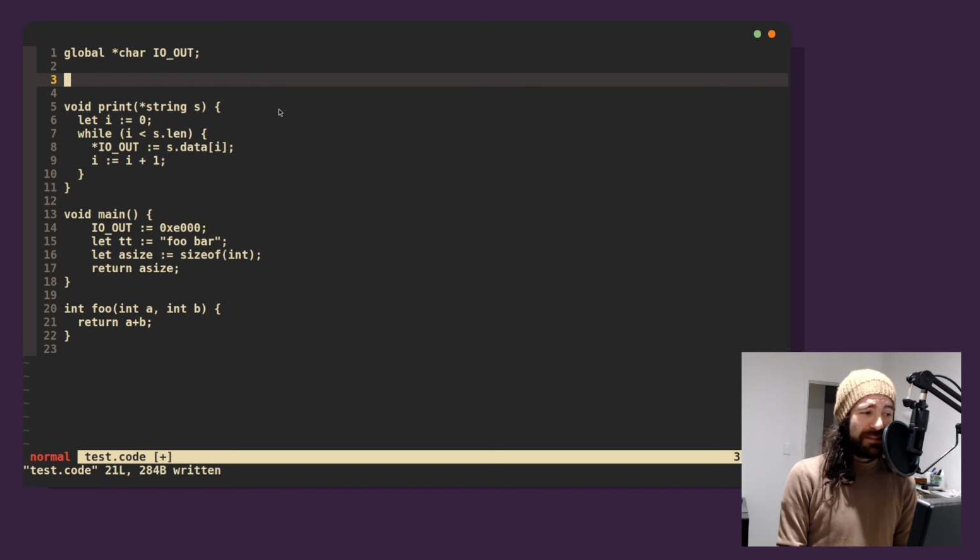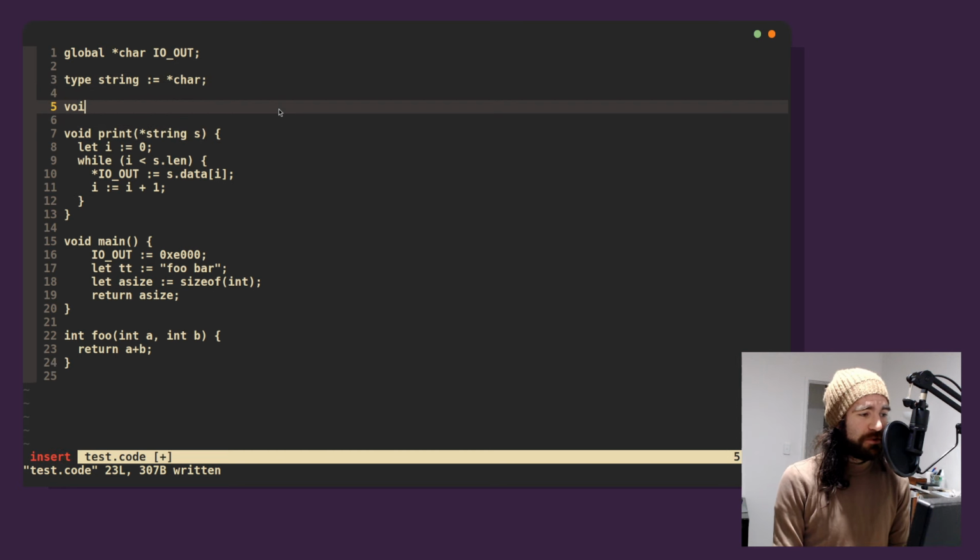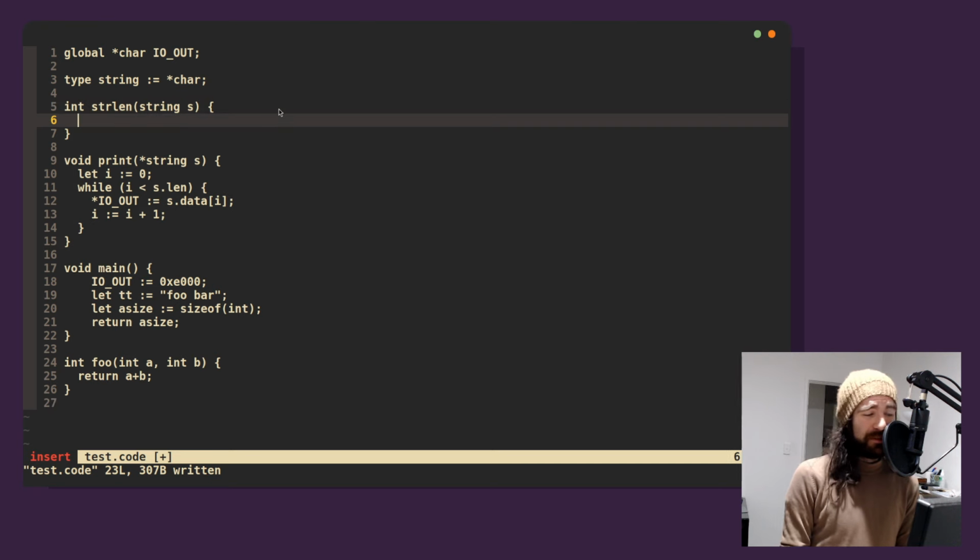What we have is a string type. Let's say type string. Let's just say it's an alias to a generic pointer that has no real data, or maybe even a char pointer. That's okay. And we want a function. We'll make it return an int. We'll call it strlen. We're going to take a pointer to a string. No, we'll just take a string s. We're giving back an int, which is the length. Now we're going to have to do some casting. My language doesn't really support casting, so I need to think about how this is going to work.